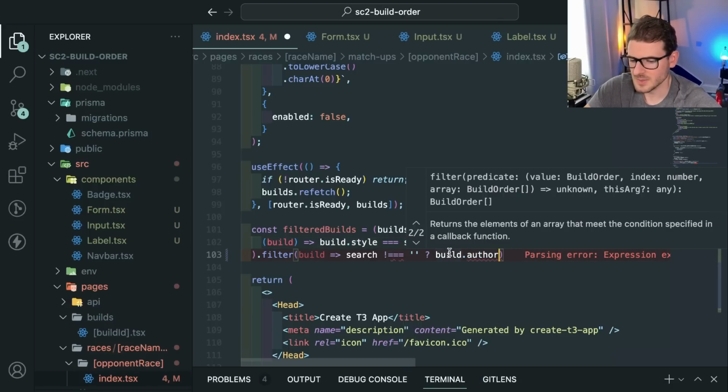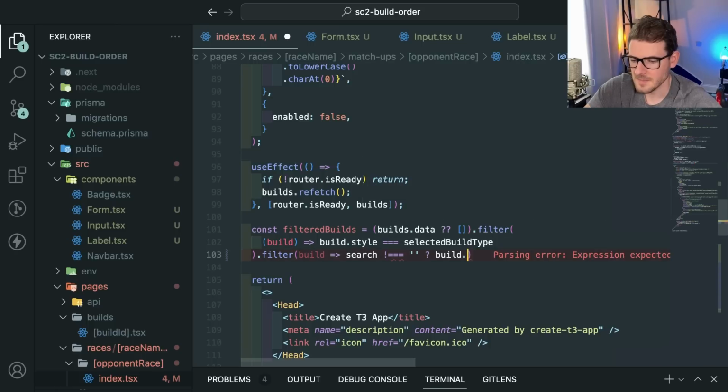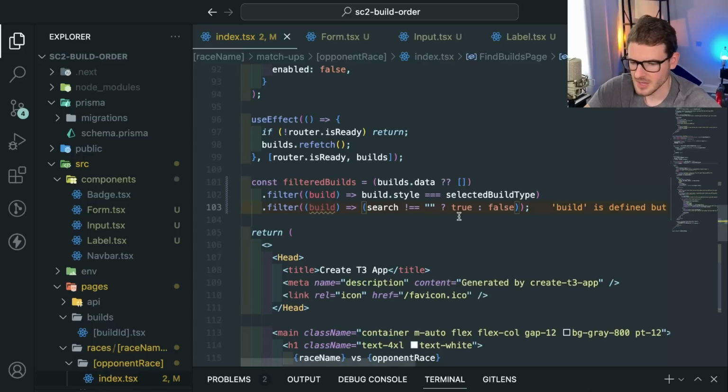Why is build author not coming back? Hold on. Let me just do this real quick. I think I have a syntax error because I have an extra equal signs here. So if the search is not equal to an empty string, so there's someone actually typed into the input, I want to check if